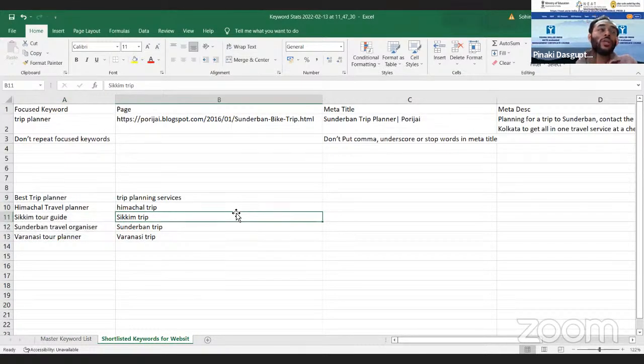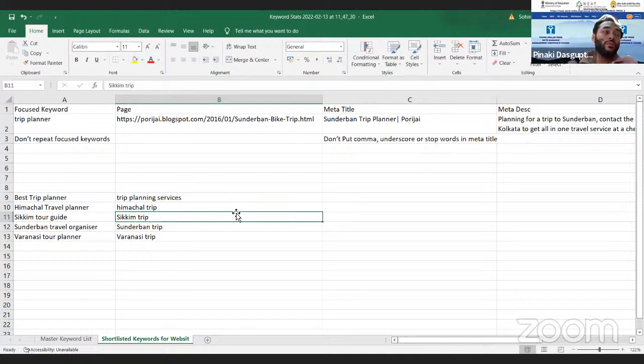Okay. So in this way, you can create variations within your website, because you don't know what people will search. So you have to create all the relevant variations that you can keep in your mind, so that you can increase the probability of ranking against each keyword, against each search. That is exactly what we do as an SEO expert.